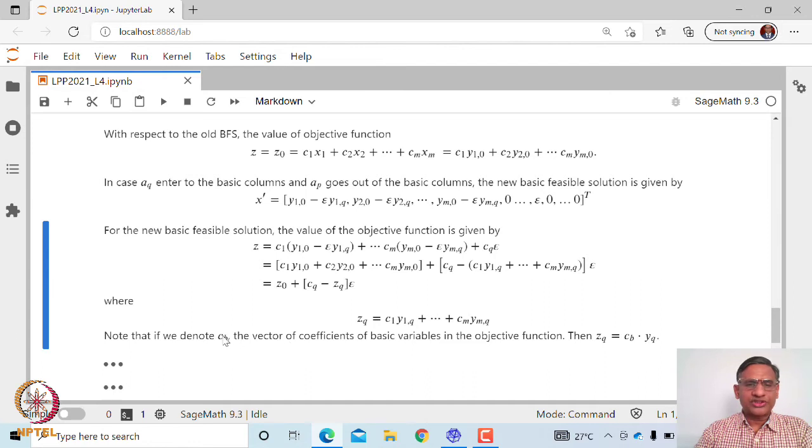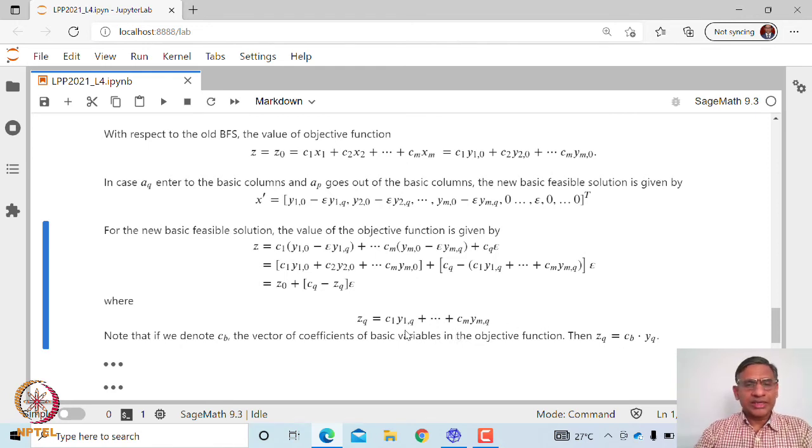If I look at this, the coefficients of the objective function, namely C1, C2, ..., Cm and C1, C2, ..., Cn, let us write the coefficients in terms of these m basic variables, namely C1, C2, ..., Cm, and look at the qth column of this canonical RREF matrix. Then this is nothing but the dot product of CB times Yq, where CB is the column matrix of the coefficients C1 to Cm. So that is how we can find Zq.